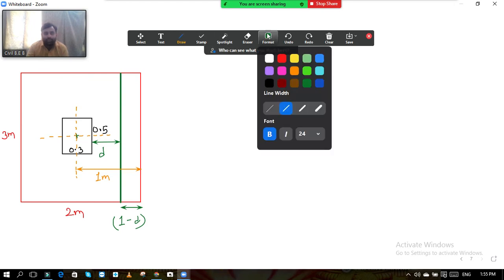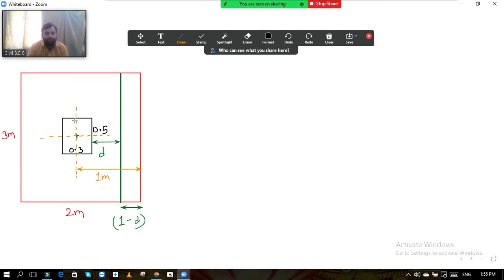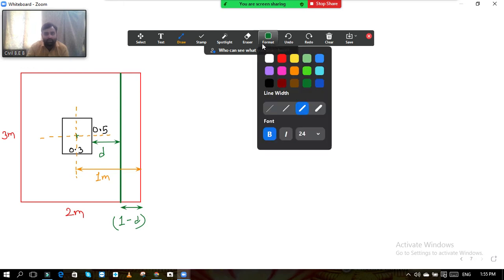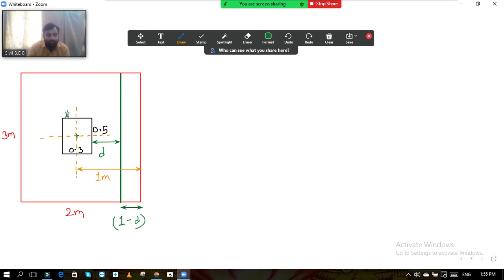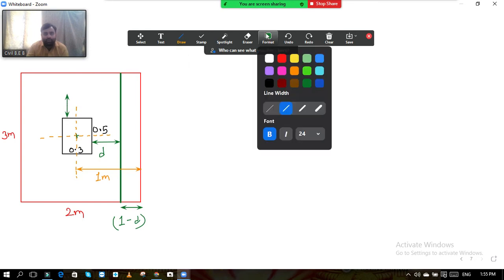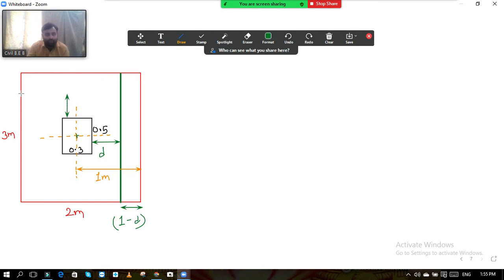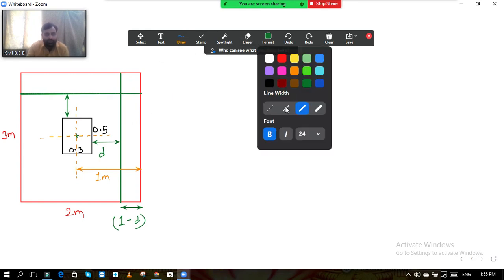Now similarly here the critical section, now I will take a different pen. See here, similarly from this face of the column the critical section will be at a distance d. Again I will show the critical section at a distance d to this side also, up to this point. So here also your critical section is there. So again I will draw this critical section. This is again our distance d.